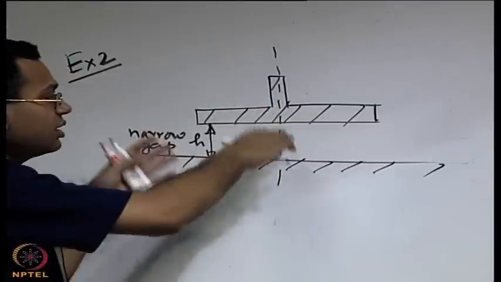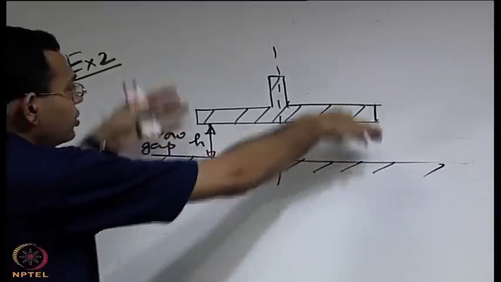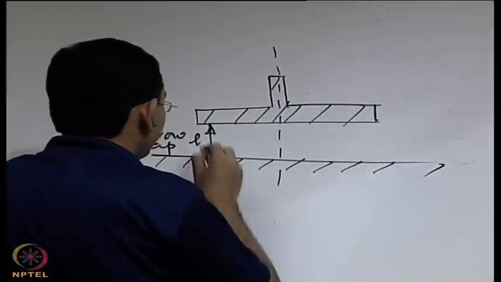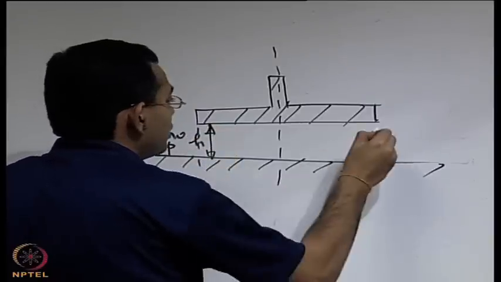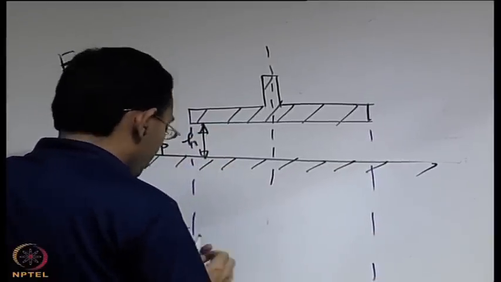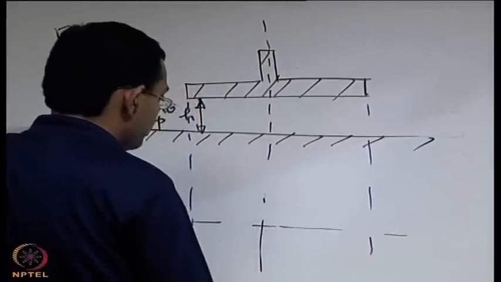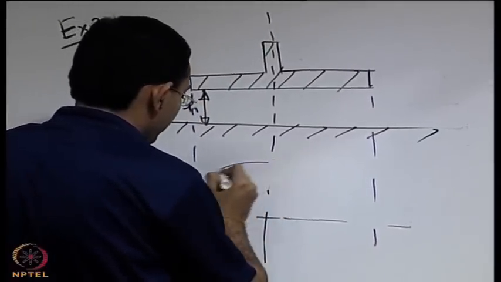So, these are the sectional views. If you draw the other view, this will be a circle. So, if you draw the other view of, say, the top plate, it will be something of a